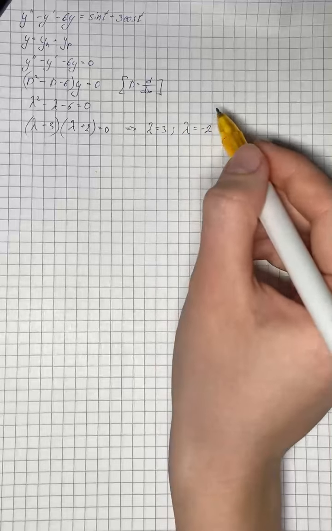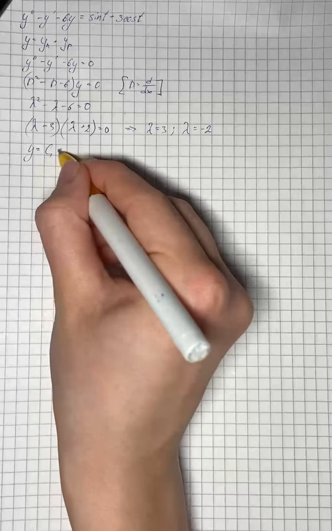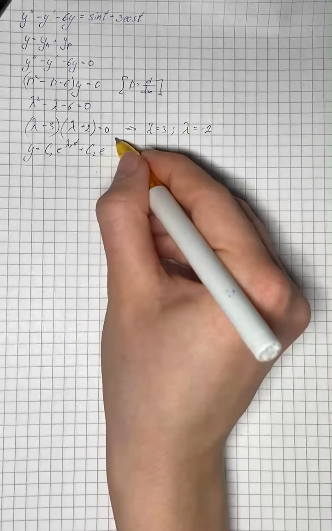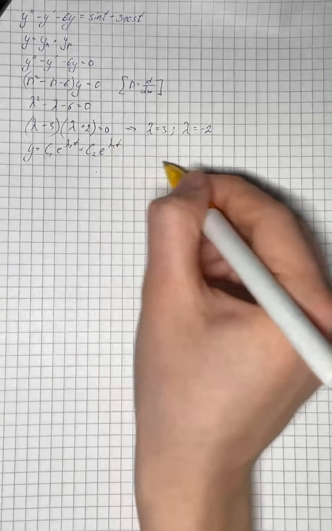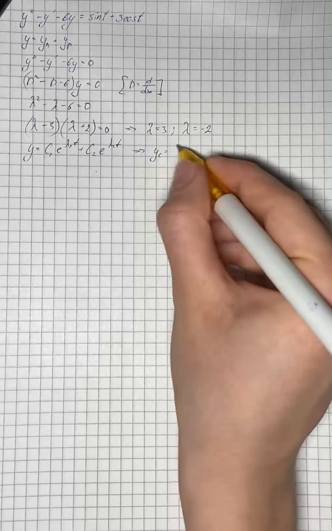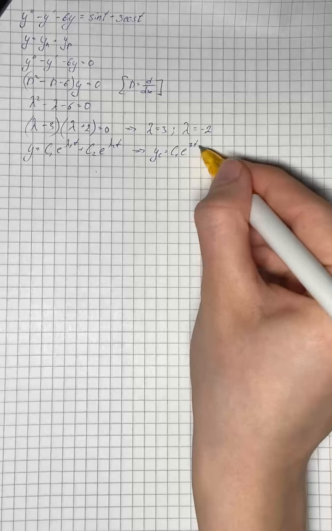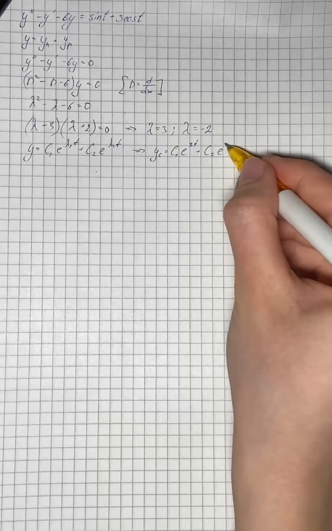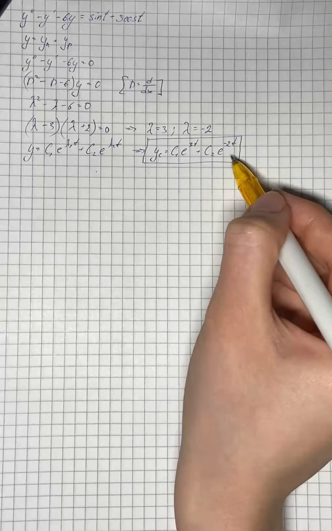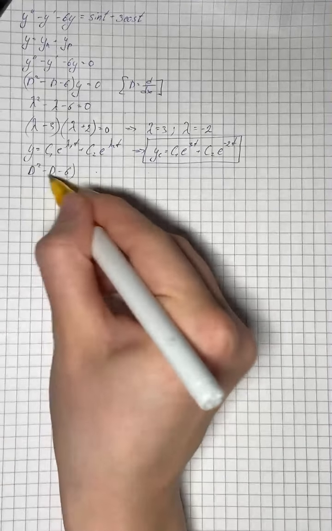So when we have two real and different roots, the solution has the form c1 e to the power of lambda 1 times t plus c2 times e to the power of lambda 2 times t. Therefore, our solution is c1 times e to the power of 3t plus c2 e to the power of -2t. So that's our first part of the solution, and the particular solution is given as (D squared minus D minus 6)